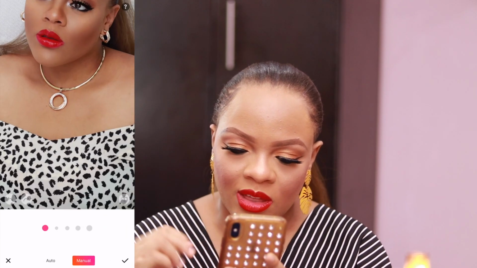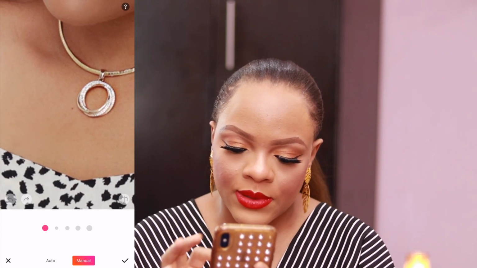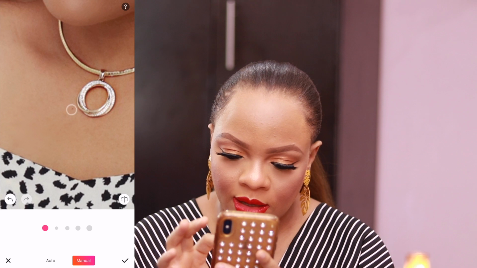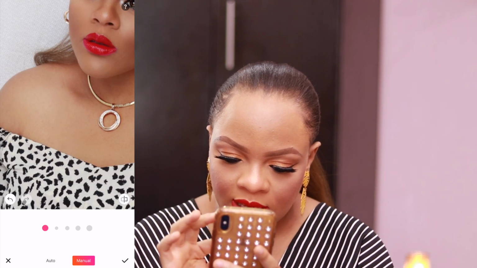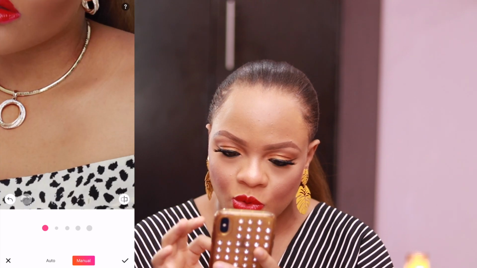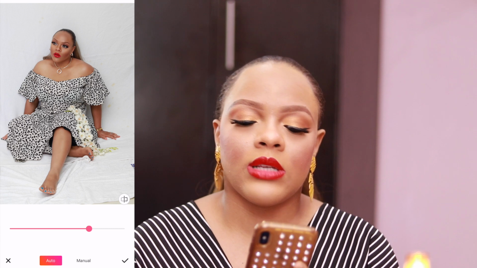I've already smoothed out most of the acne on my chest, but I'm just going to tap any other visible acne scars that I can see, even on my face. I can't really see any on my face, just 1 or 2. All right, so the next tool I'm going to use, I don't use this all the time as well, but